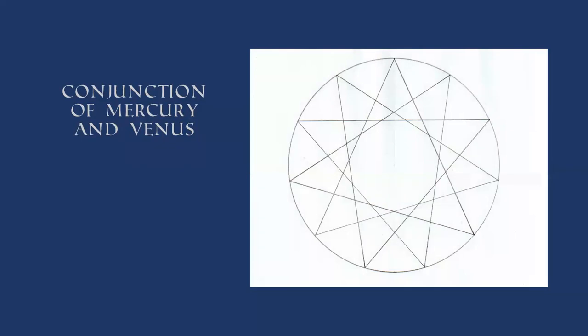Now, what we have here is this 11-pointed star with an outer circle that is obviously the container of the star. We're going to look upon that as being the orbital circle of Venus. And then there's two circles. There's a smaller circle here you can just about see, which is there at the center, and then another one here. Now, these two inner circles that I've just shown, they plot the range within which Mercury orbits the Sun.